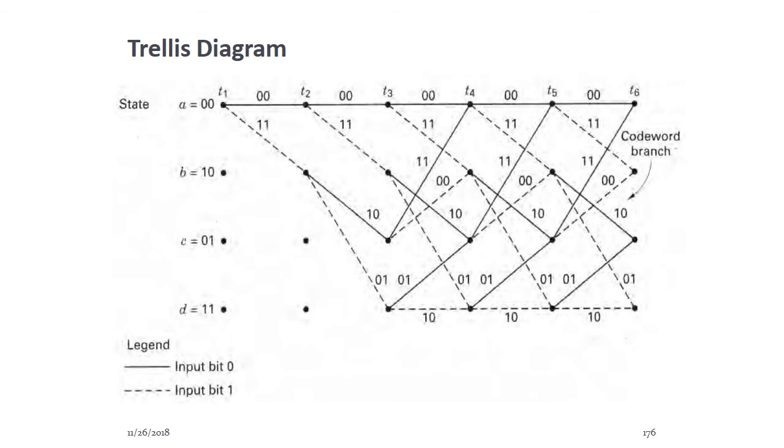So the nodes on the left will denote 4 possible current states and those on the right will represent the next state. So the solid transition line represents input M is equal to 0 and the broken line represents input M is equal to 1. So along with each transition line, the output x1, x2 is represented during the transition. For example, let the encoder be in the current state of A. If the input M is equal to 0, then the next state will be A with the output x1, x2 equal to 1. So thus the code trellis is the compact representation of the code tree.